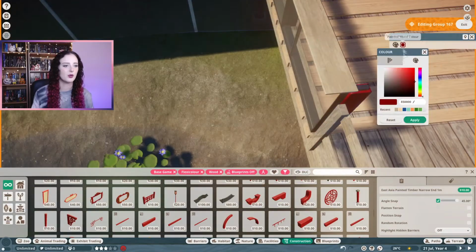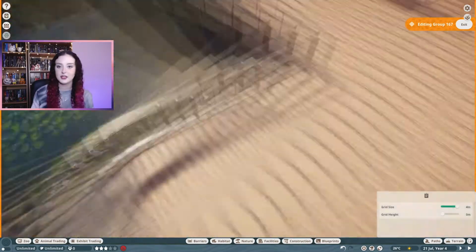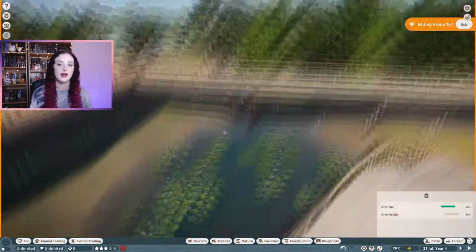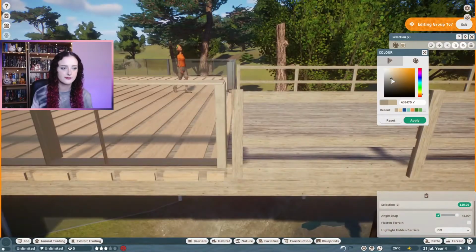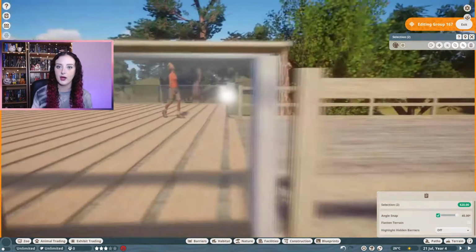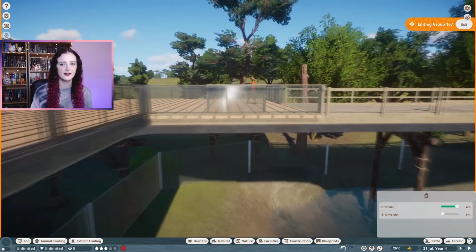Thought I would go with a more modern style barrier for the pier as well, just to match in with the modern style of the entrance building. So I went with glass walls for the fence, but to match it in with the base of the path, I'm using the Planet Zoo wood panels, the flexi color ones. And I always like to